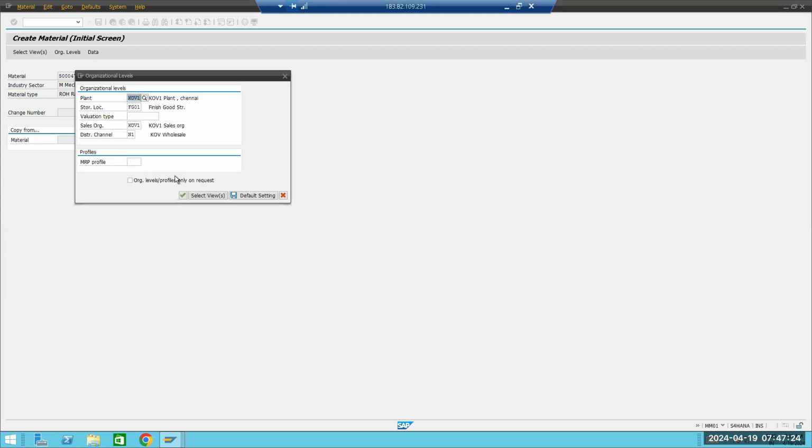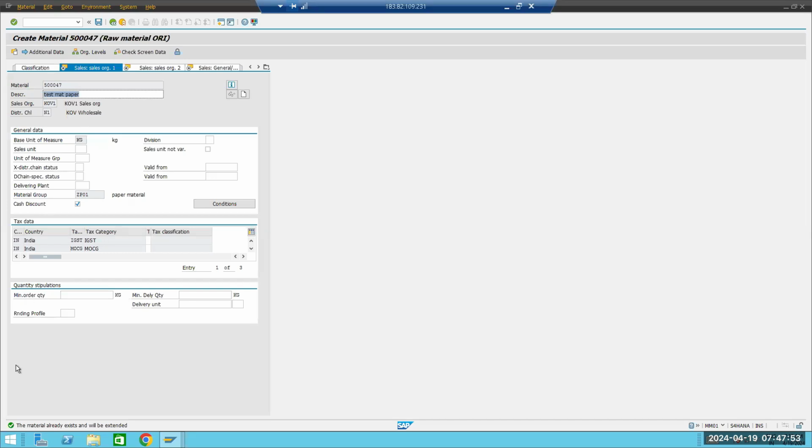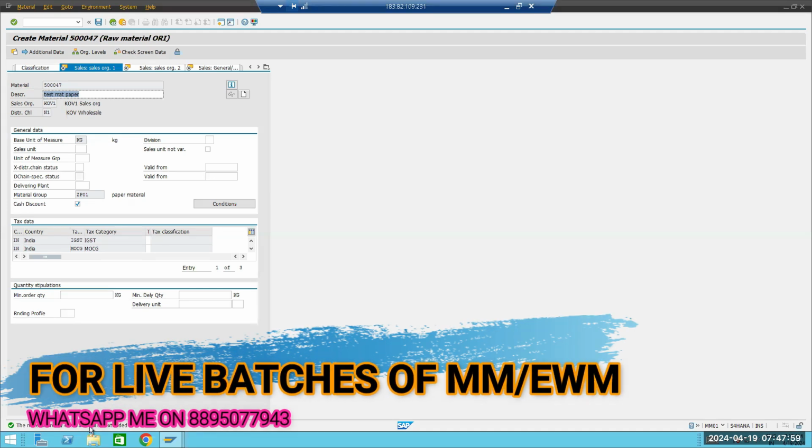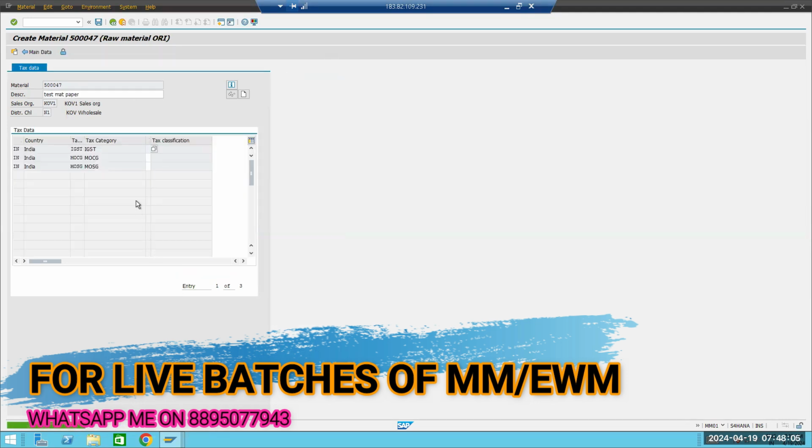Then click on organizational level. For the organizational level it is the same. Let's say you want to create it for a different plant. We have created it for IT10 and 0001 plant and storage location. Now if we need to create it for this combination, just click OK. See, it is showing the material already exists and will be extended. Here if you go to basic data one,